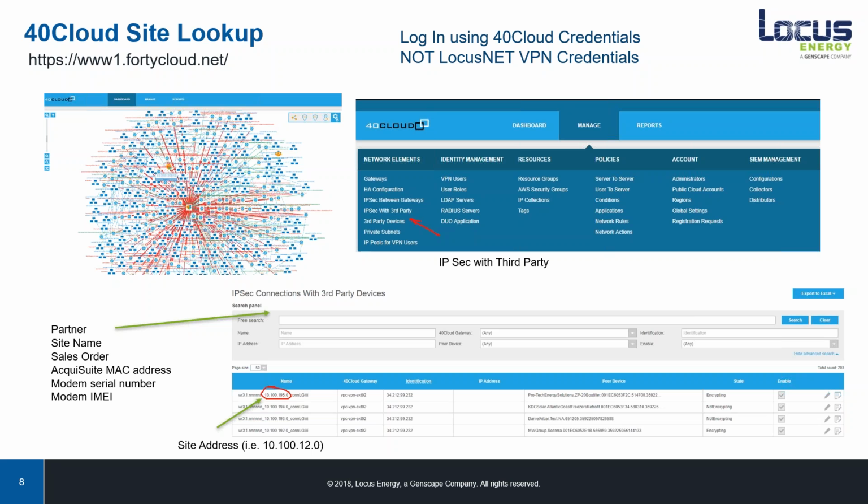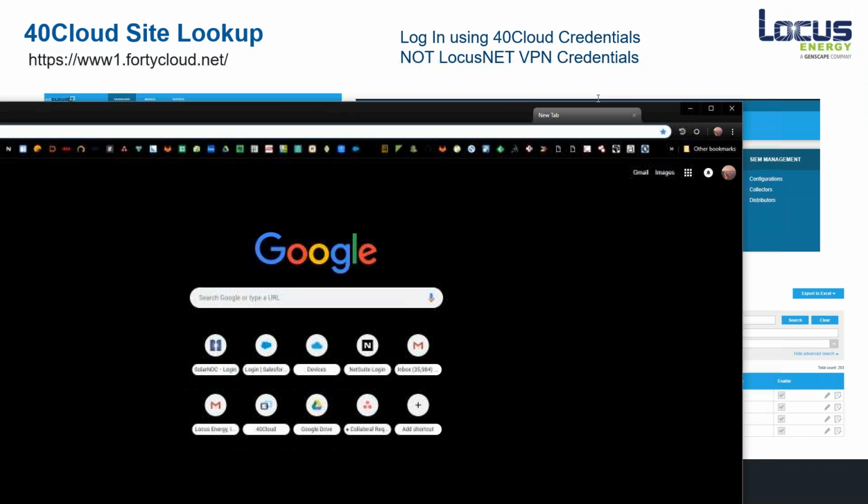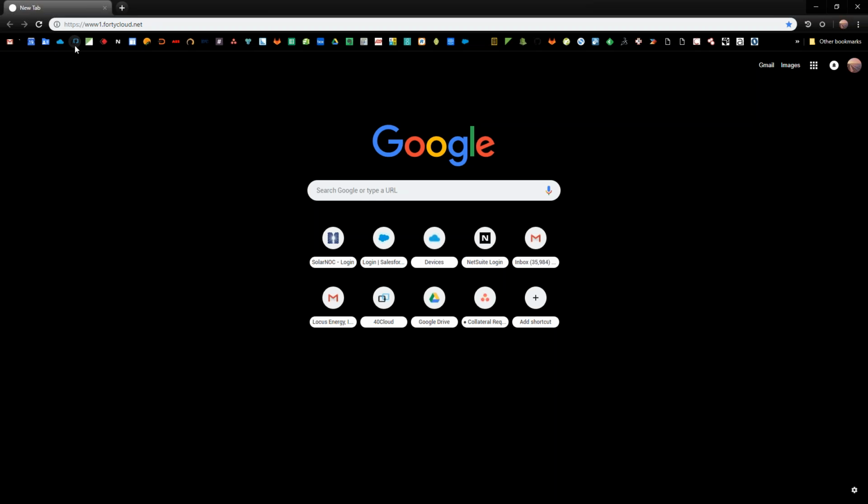And I'm actually going to show you this in a second. But once you have that site pulled up, you can check connectivity, what the actual address is, and we'll go through on how that's used specifically in this case. But any questions so far? All right, let me pull up an example here. So if I'm on 40 Cloud,